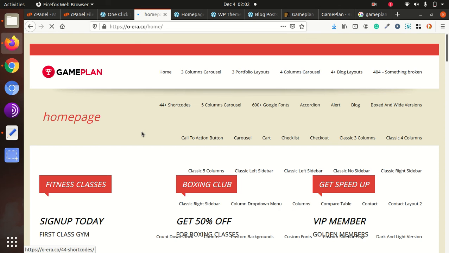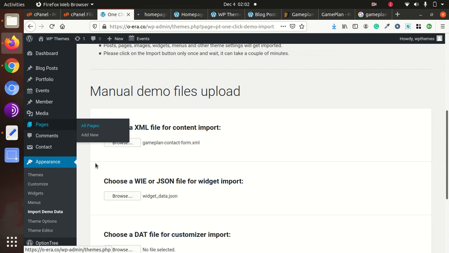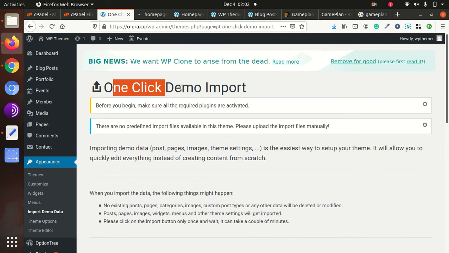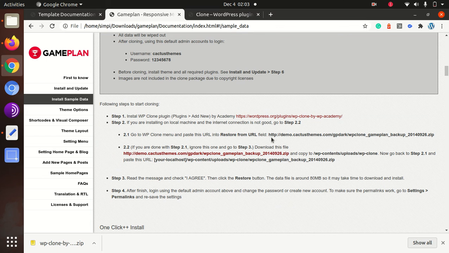I installed a plugin called One Click Demo Import, but it is also not working. I also went through the documentation given by the theme developer, and this demo content link is not working.